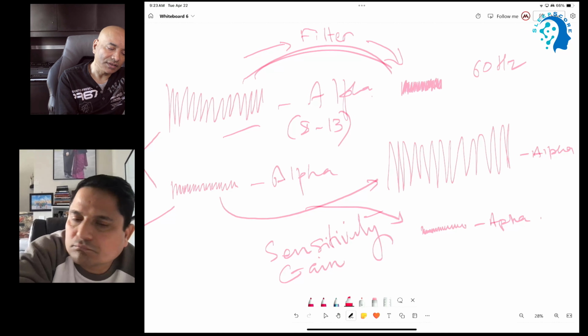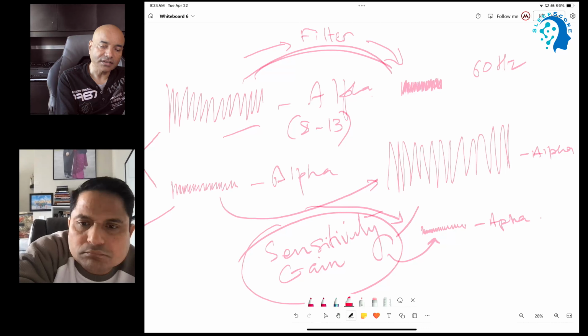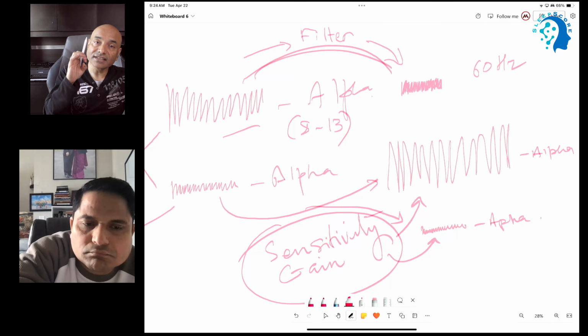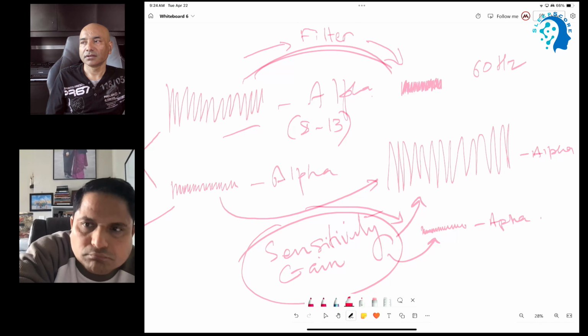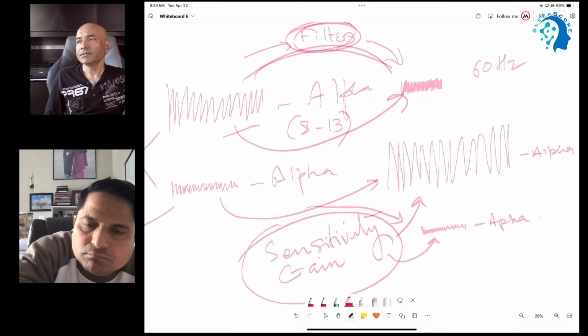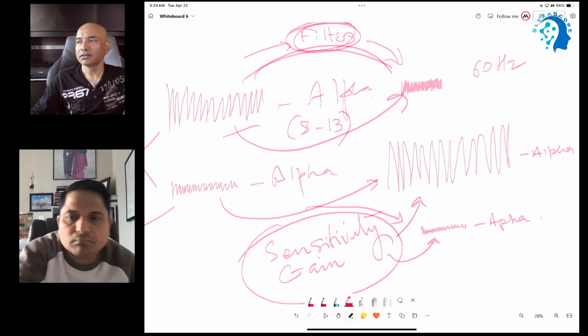So sensitivity normally does not change waves. It only changes the size. But if we change the filter, it changes from one wave to another wave. It can make any other wave. Alpha can be 60 Hz, alpha can be like spindle, alpha can go delta. Okay,